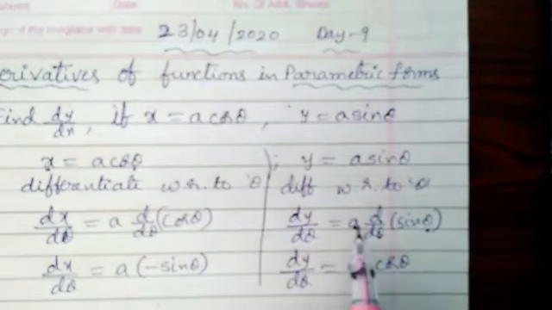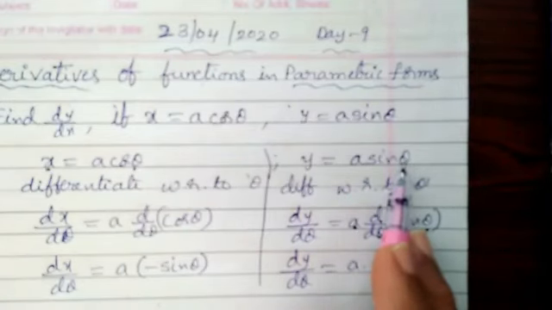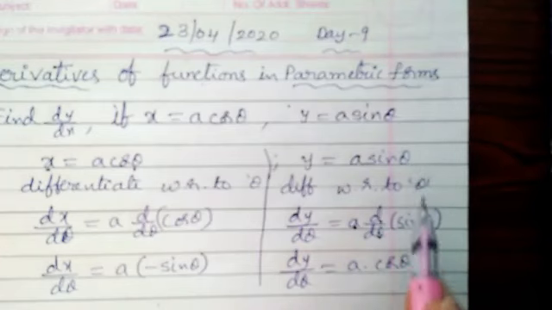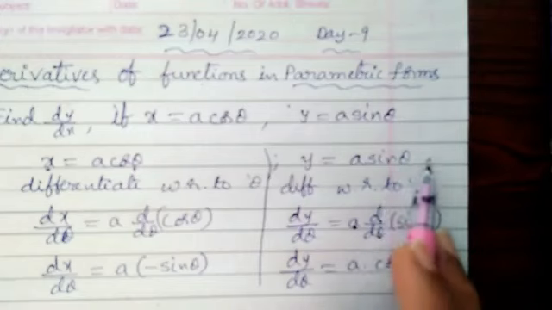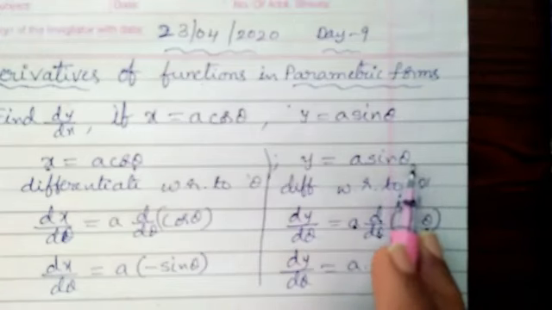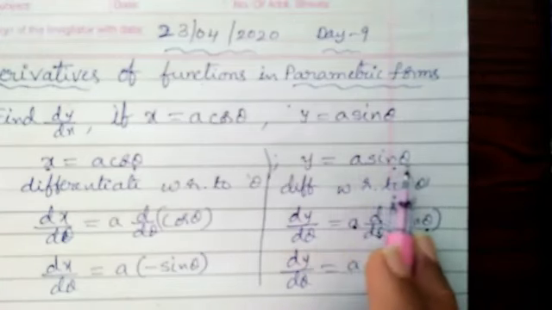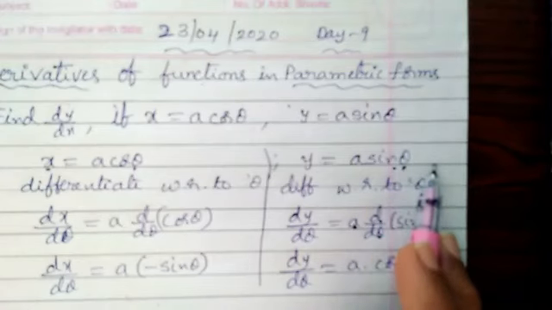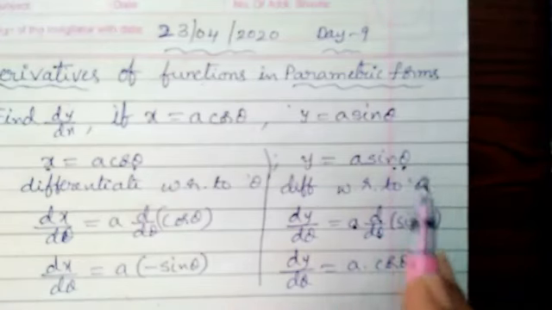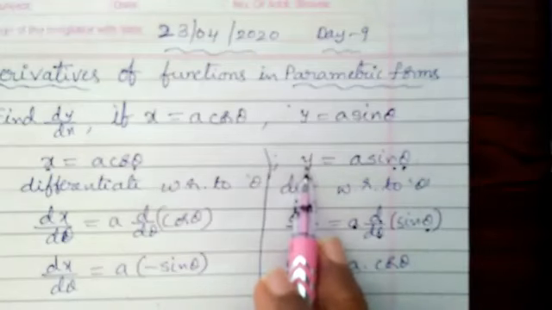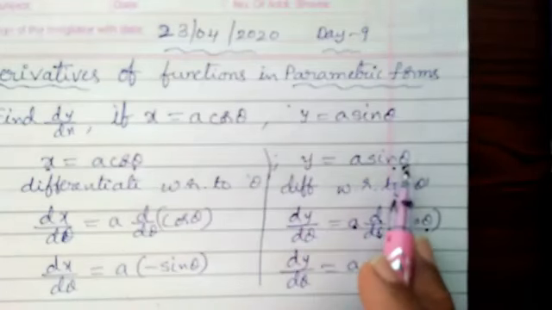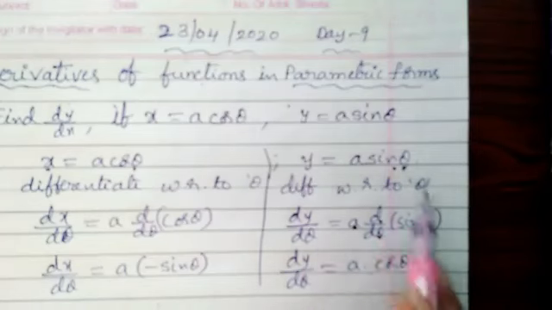Students may ask: sir, previously if it was u, we continued the derivative as du by dx, dy by dx, dw by dx. But why are we not writing d theta by dx? Guys, in this concept theta is the independent variable. An independent variable differentiated with itself will give 1. That means here you should treat it like x and y, so it looks like dy by dx. This is a into cos x, like that.